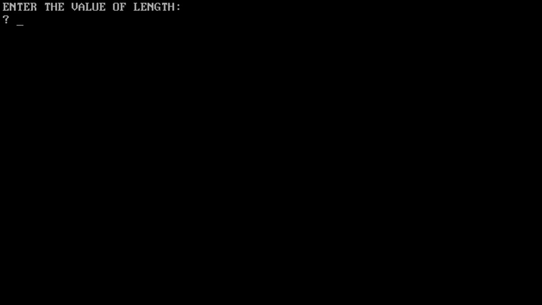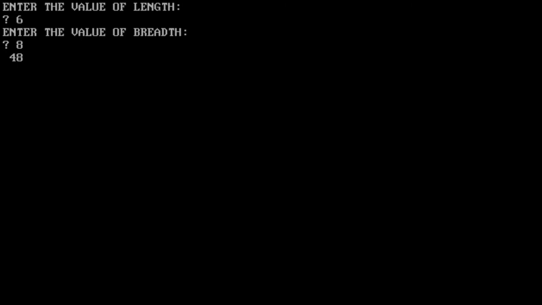Here we give the value of length, 6, and press the enter key. Then it shows enter the value of breadth. If you give 8 as the value, it gives us the result 48.